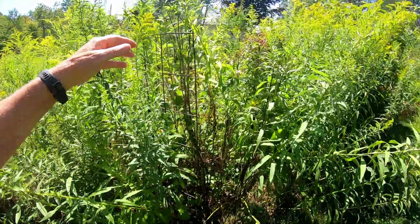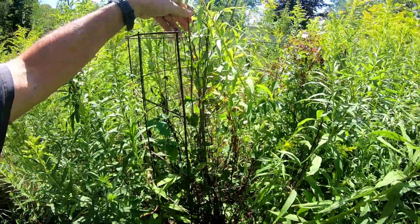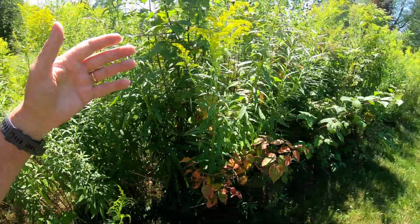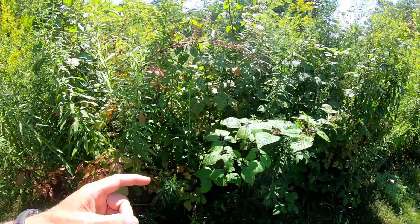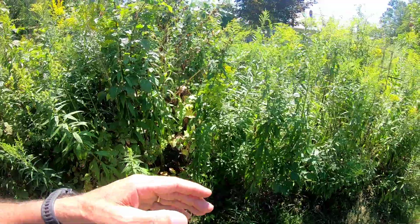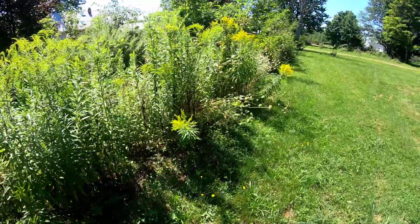It's been so dry this season. This one's just barely holding on, a few leaves on this serviceberry. See the goldenrod around all these. Then we have the thorny wild blackberry bushes all engulfing around here. And with too steep of a slope along this area where the serviceberries are,